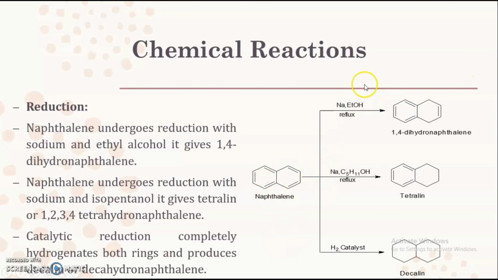So, naphthalene first when it is treated with sodium and ethyl alcohol, it will be converted into 1,4-dihydronaphthalene. Only this carbon atom and this carbon atom are reduced. If the same reaction is performed in presence of sodium and isopentanol, so just alcohol is used, here we are getting tetralin, means this particular ring becomes saturated. And if this reaction is performed in presence of catalytic reduction, we are getting decalin, which is nothing but the completely saturated product. So this is about the